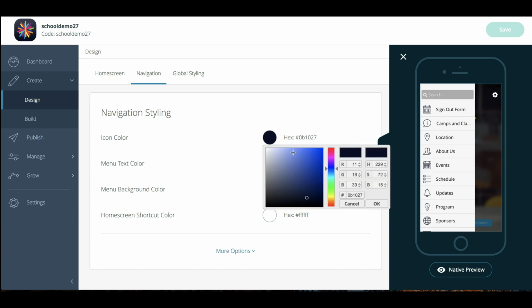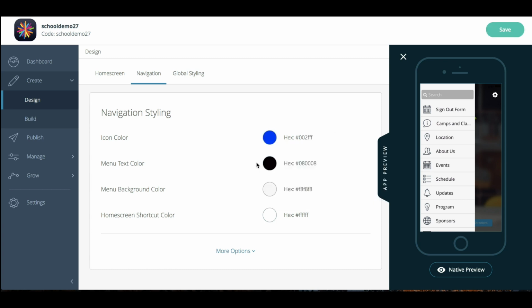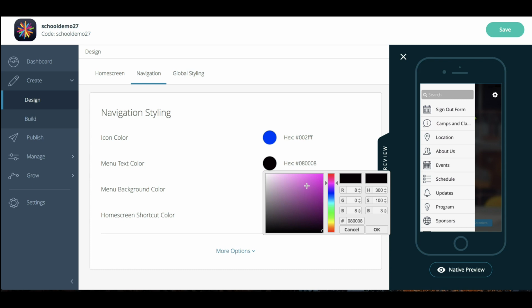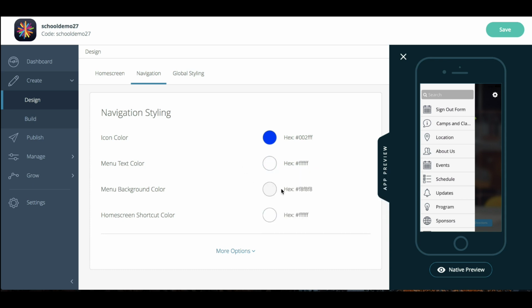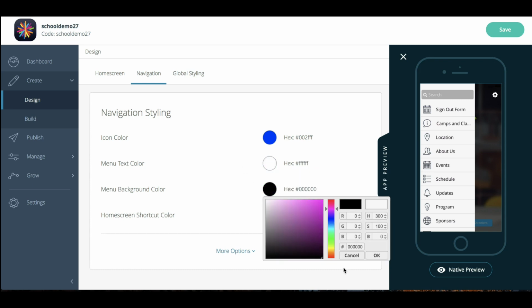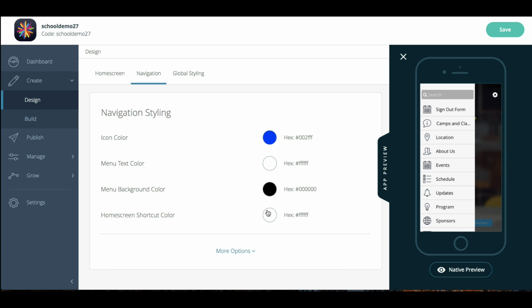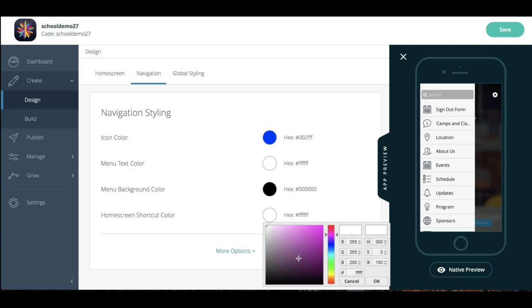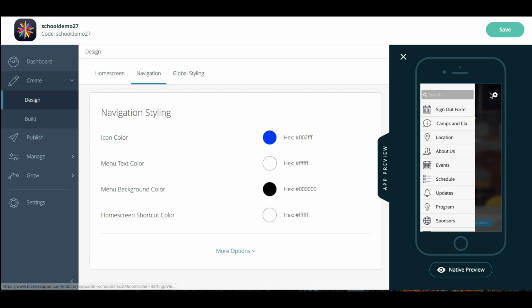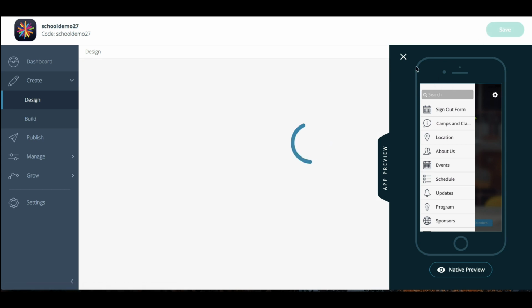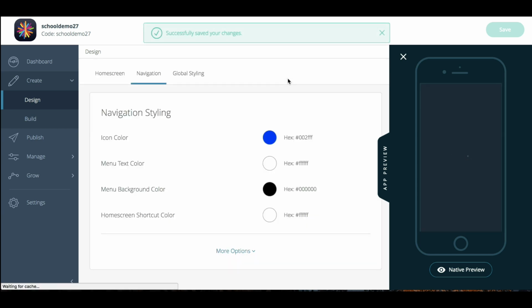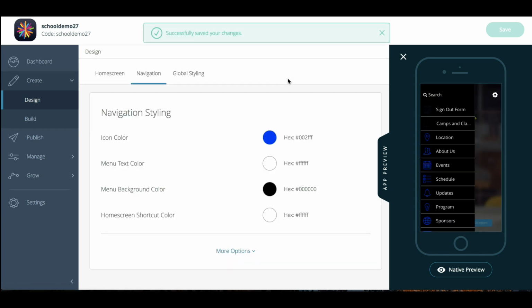So I can change the icon color to maybe a dark blue. My menu text color I'm going to have be white. My menu background color I'm going to change to black. And my home screen shortcut color I'm going to keep as white. That's the little icons at the top right or the top left of your application. So I'm going to hit save, and you'll notice again these changes take instant effect within the preview of my